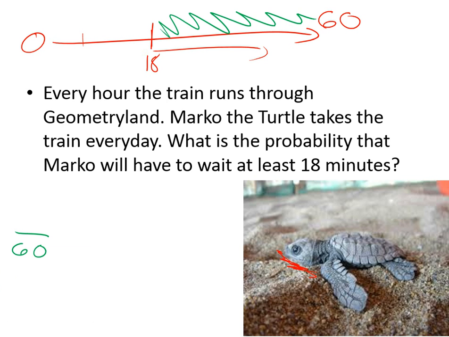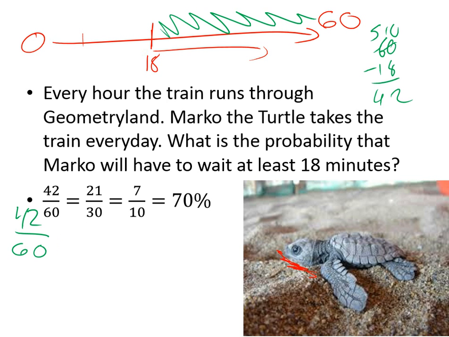So now, how many minutes is that? Well, we're going to go 60 minus 18. It looks like 42. And so we'll go 42 over 60. And then we reduce that down, and we get about 7 out of 10, which means that he would have